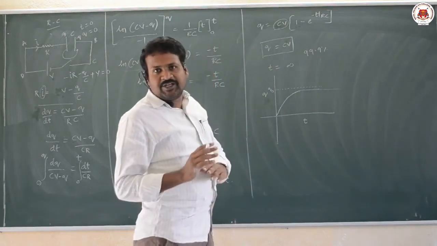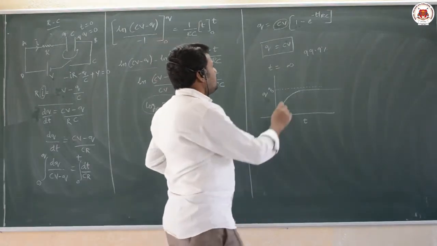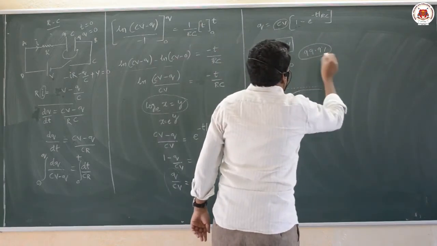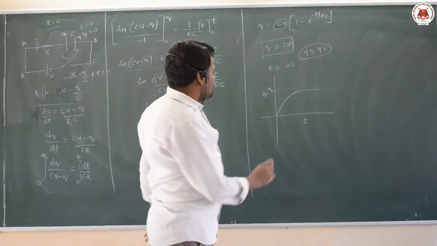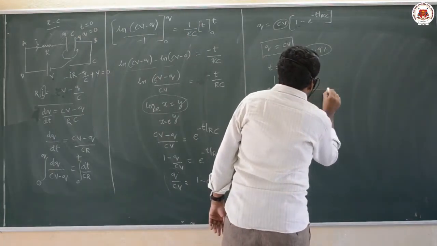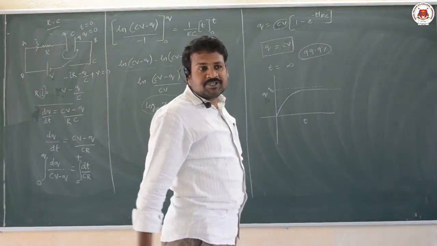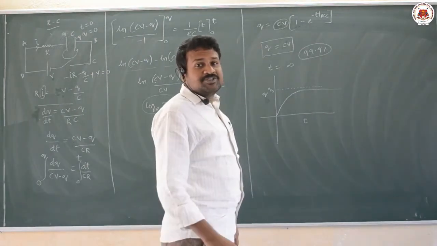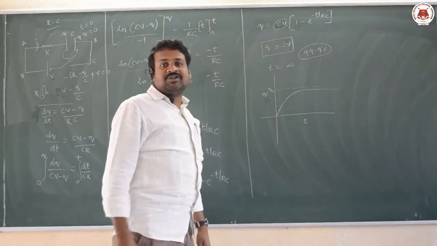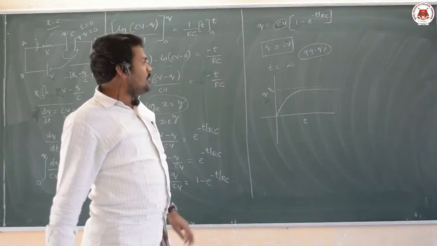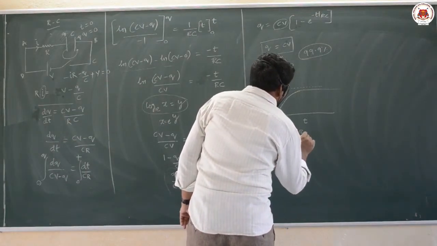If it reaches 99.9% charged, at that time we will treat that capacitor as totally charged. So you can observe here, this charge grows, but it will never touch Q naught, which is an infinite value, because time should be very large. So 99.9% charging of the capacitor, we consider as fully charged, and from that we can write Q is equal to peak value of charge Q naught.